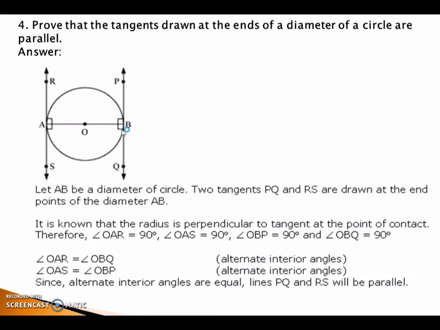Now here you will use parallel lines and transversal properties. If you consider AB as a transversal, you can see here alternate angles are equal. This angle RAB and this angle QBA are alternate angles which are equal to 90. Here also a pair of alternate angles are equal. Or you can even say interior angles on the same side of the transversal are supplementary. 90 plus 90 is forming 180. So both ways you can prove that. Therefore, RS and PQ must be parallel to each other. Then only this is possible.